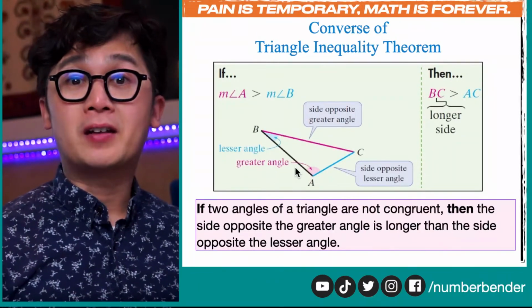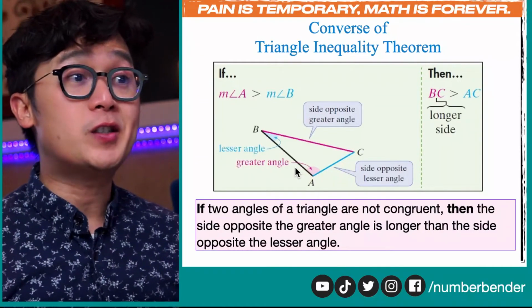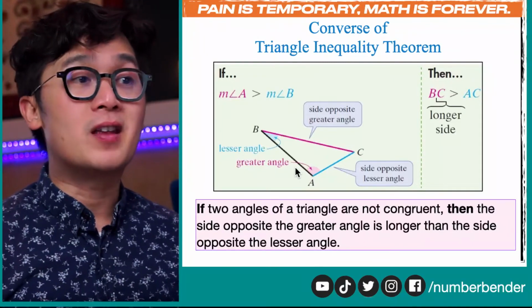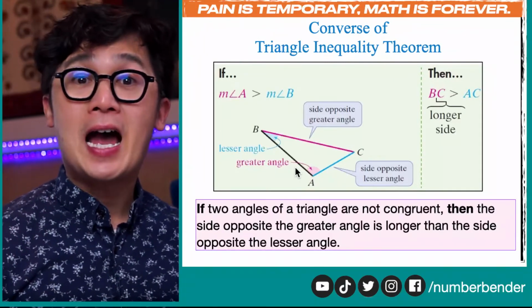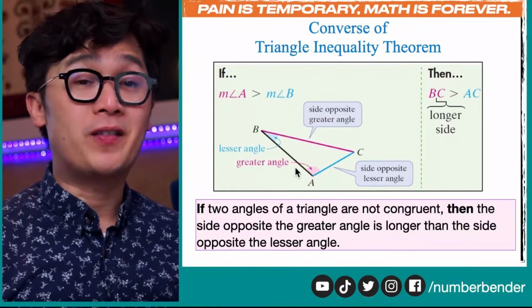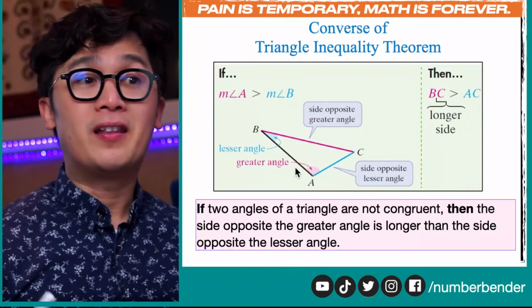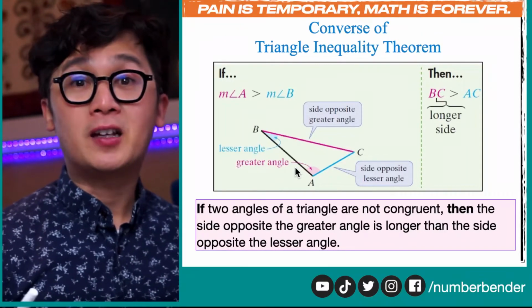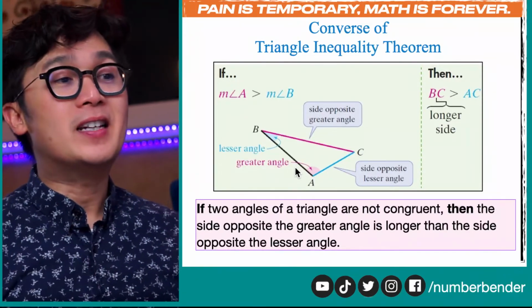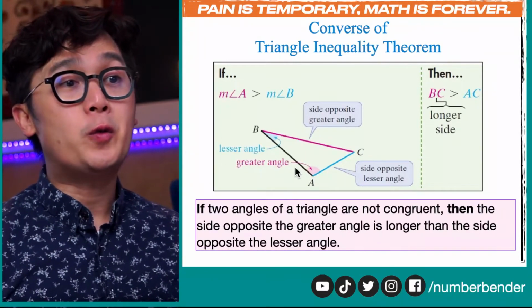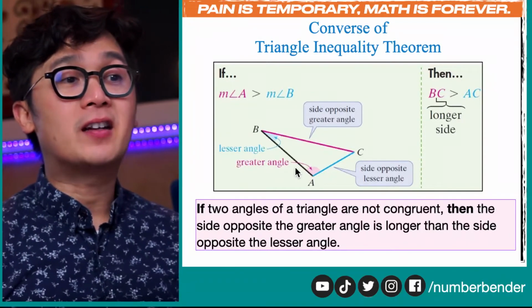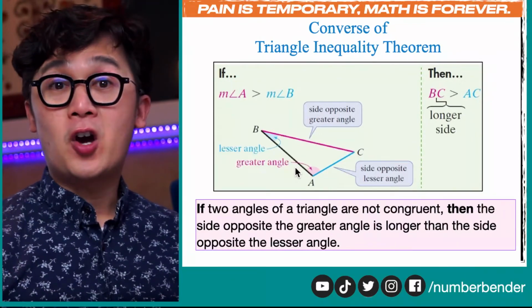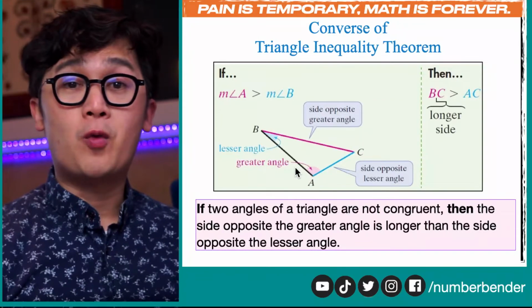And so if we have the triangle inequality theorem, we also have the converse of this theorem, which just shows that if the measurement of angle A is greater than the measurement of angle B, then side BC, which is the opposite side of angle A, is longer than the opposite side of angle B, which is side AC. So in these statements, if two angles of a triangle are not congruent, then the side opposite the greater angle is longer than the side opposite the lesser angle. So that is the converse of the theorem that we have just shown a while ago,